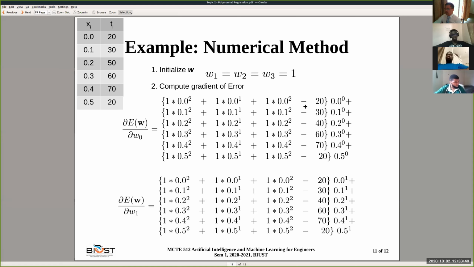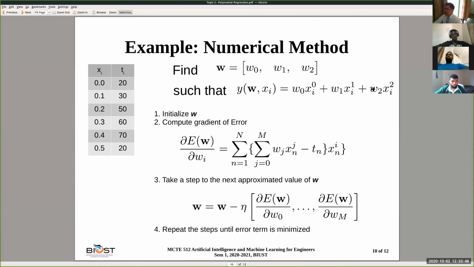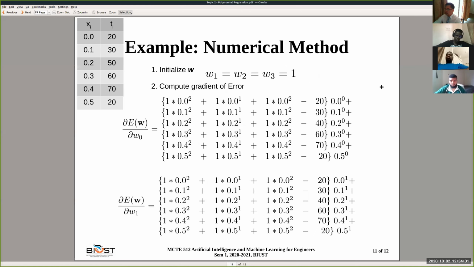And then what matters here are the things inside. This is because our weights are set to be 1. So here, all our weights are 1. And so what happens here is 1 multiplied by the input value, X, according to the data, to the power of 0, 1, 2. So here, the weights W1, W2, and W3 are all 1. So this is X1 to the power,